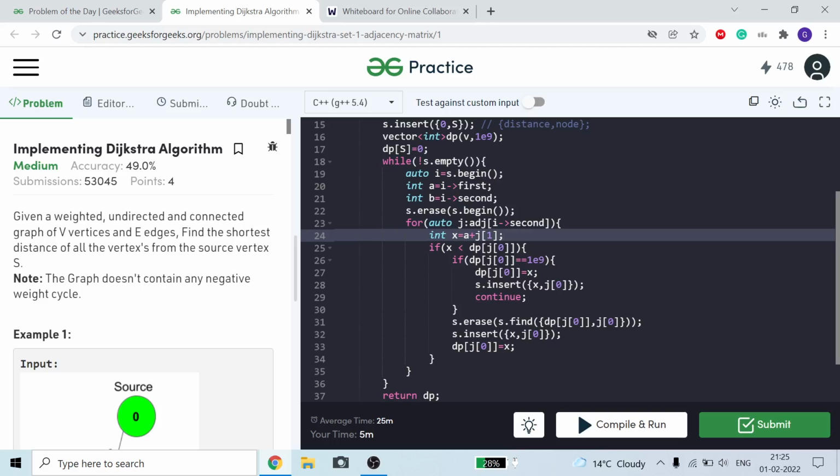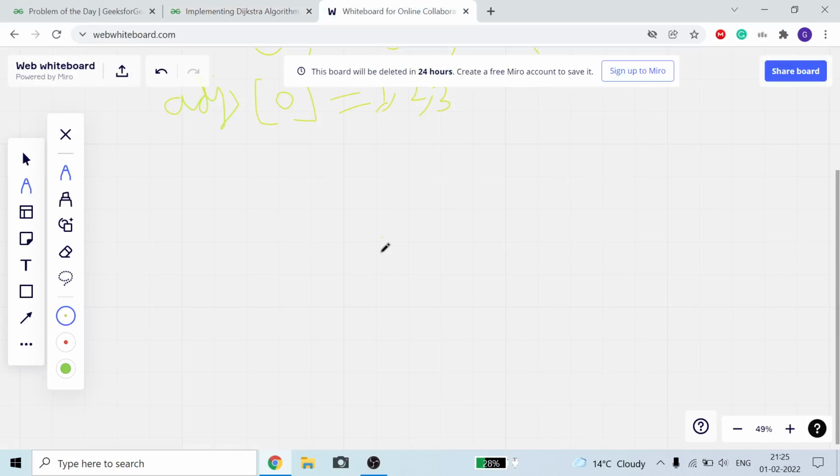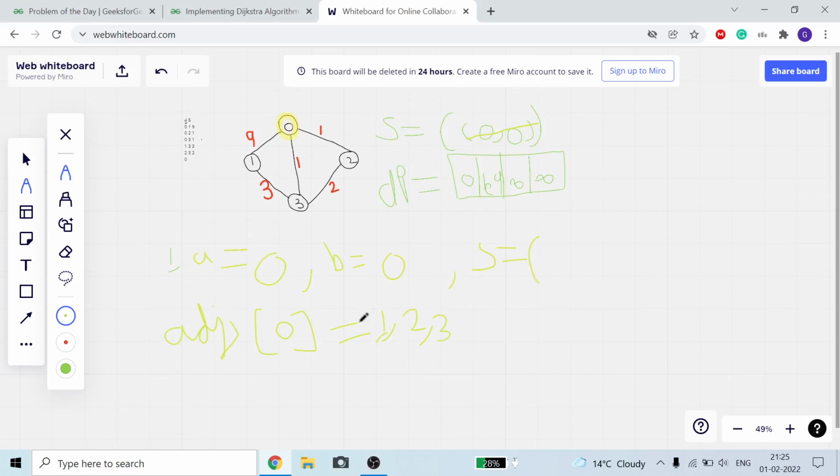So our total cost of reaching x is equal to A plus j1. I hope you understand it. Total cost equals A plus j1 to a particular node. So this is our cost for reaching j0. When our j points to this node, what will our j store? So here it will run the first time. Our j0 is equal to 1.